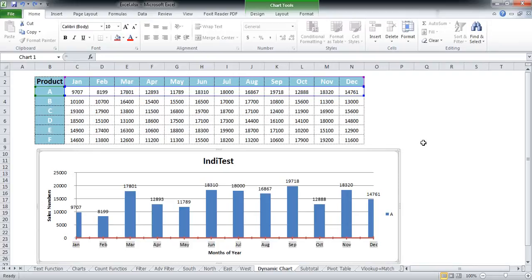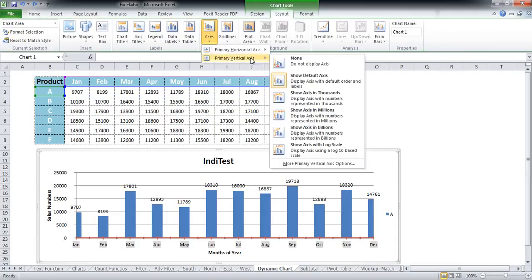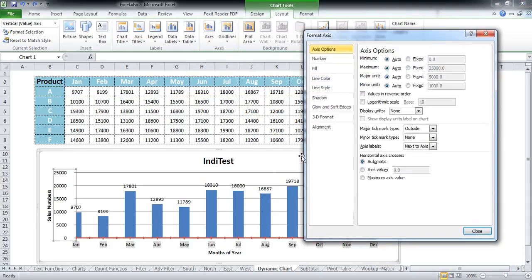This session is in continuity to our previous discussions on chart layouts in Excel. Beginning from where we left off in our previous discussion, we are going to discuss some more advanced vertical axis options available to us in Excel. We've already discussed these six options available to us. Now let's see some more advanced options.